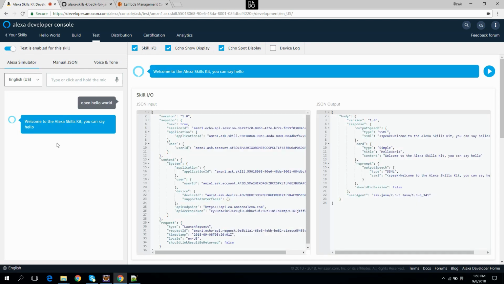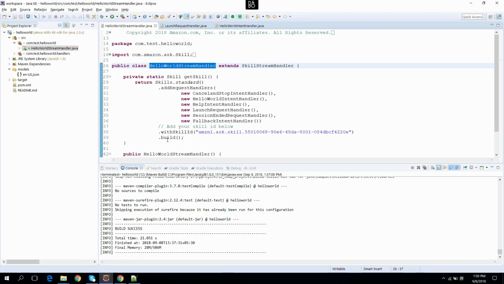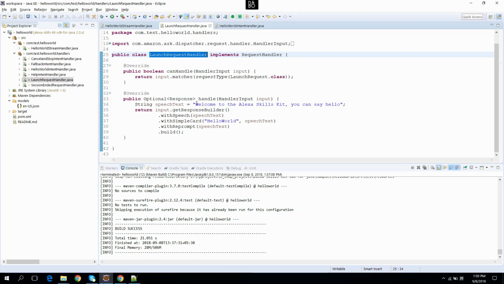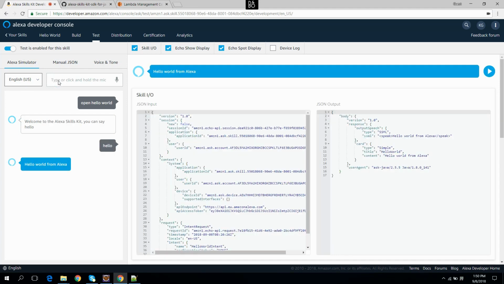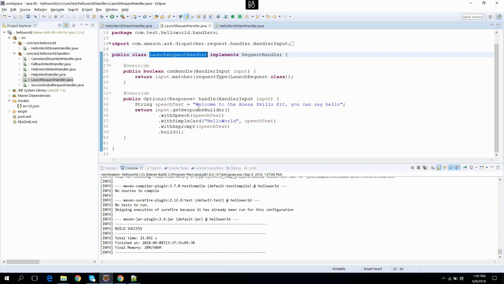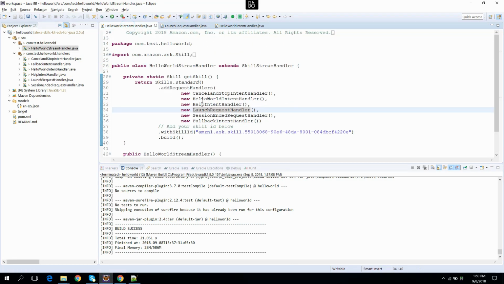And you can see: Welcome to the Alexa Skills Kit. You can say hello. It has responded with the message, welcome to Alexa skills kit. You can say hello, which is from this launch request handler. Now you can say another word, hello world. Now it has returned the message hello world from Alexa, which is from the hello world